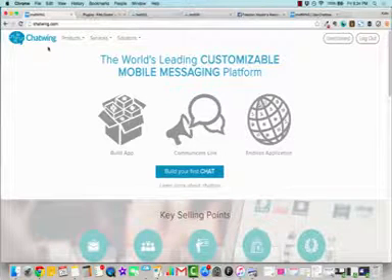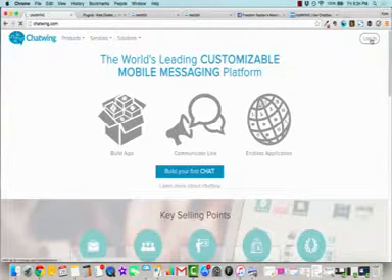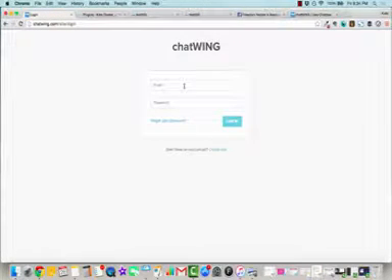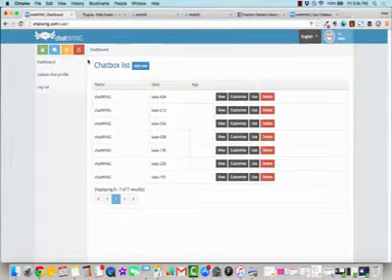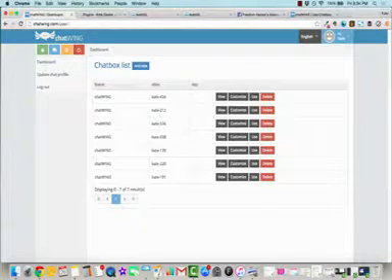So you're going to go over to chatwing.com and I'm going to log out, but you would hit login or build your first chat. You are going to have to create an account, which is fine, no worries. Log in here. And you are going to notice that I already have some boxes made. But what I want you to do is go to Dashboard, Add New,